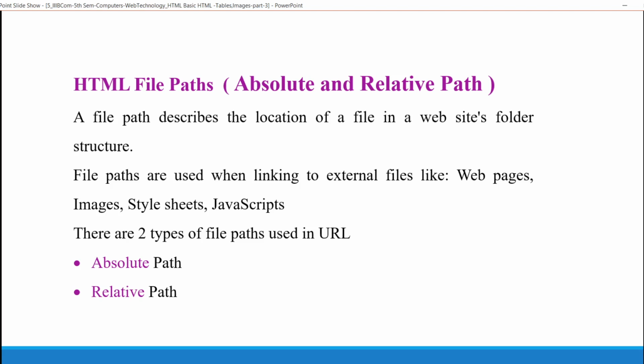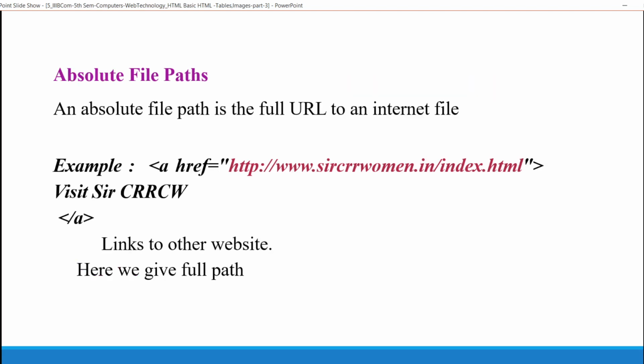The path describes the location of the file in a website folder structure. File paths are used when linking to external files like web pages, images, styles, JavaScripts. We have two types of paths. One is absolute and the other one is relative. What is an absolute path? An absolute path is where the full URL should be provided.